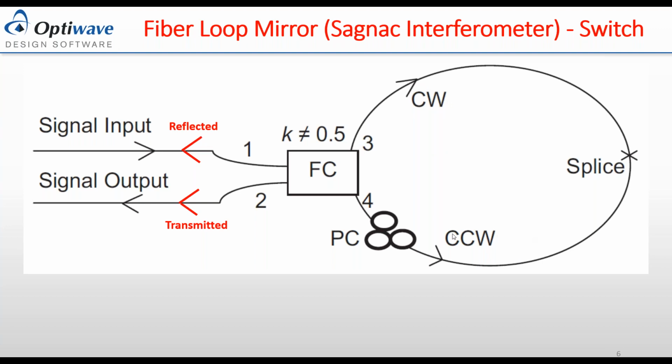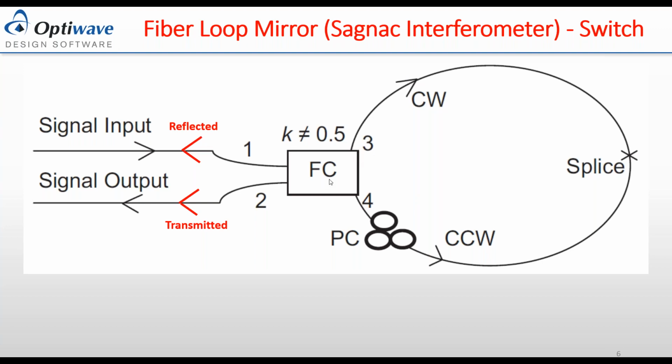Now inside the loop, if the phase of the electric field in the clockwise direction and the counterclockwise direction encounter no phase change, then when they propagate all the way back to point 4 and back to point 3, they will interfere either constructively or destructively based on the phase difference. So if the phase difference between the electric field in the clockwise direction and the counterclockwise direction equals 0,